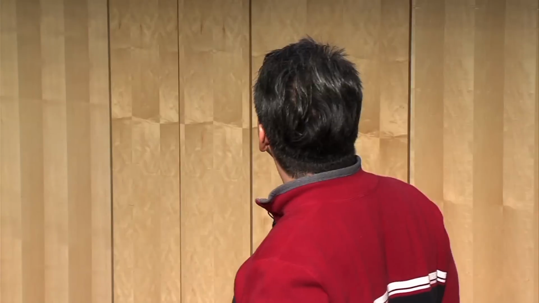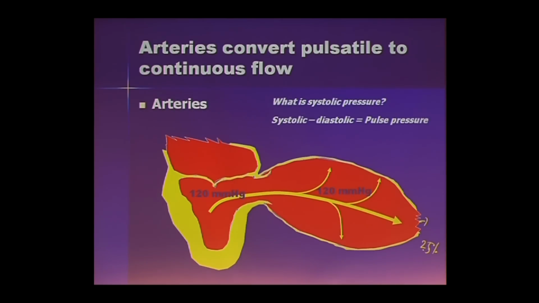And that's actually part of the problem with atherosclerosis. In atherosclerosis, you can have calcification of your arteries, of your aorta, for example, and it can't distend. You need your arteries to be elastic. And as a matter of fact, what is systolic pressure? We know this is the maximum pressure that is reached in the system, either in the heart or in the arteries, during a single cardiac cycle. Systolic minus diastolic pressure is the pulse pressure, and for the heart it's a different value relative to the arteries.